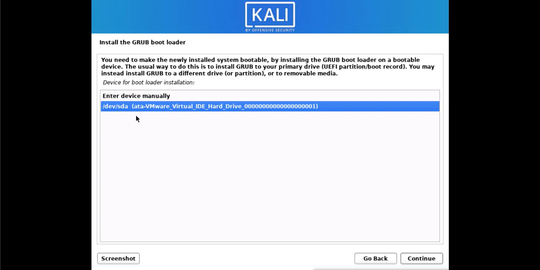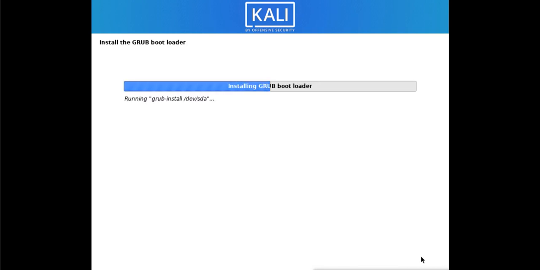You can say what the system name is, SDA. We have already seen our hard disk system name is SDA, which is under the dev directory, where all the device files are. So I will select this where I want to install the bootloader, and I will say continue. Now it is installing the bootloader. It will not take much time. Now it is finishing the installation. It has already installed the bootloader, and it is done now.